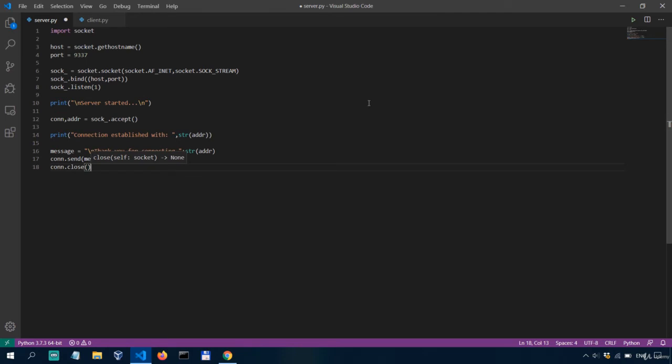Okay, so when we run the script, it's going to start listening for connections on port 9337, and whoever connects, it's going to send a message to, and then immediately close the socket. We could also run this in a while loop to listen continuously, but we'll not do that here. Alright, next, but first let's actually save this, and then we'll go to the client